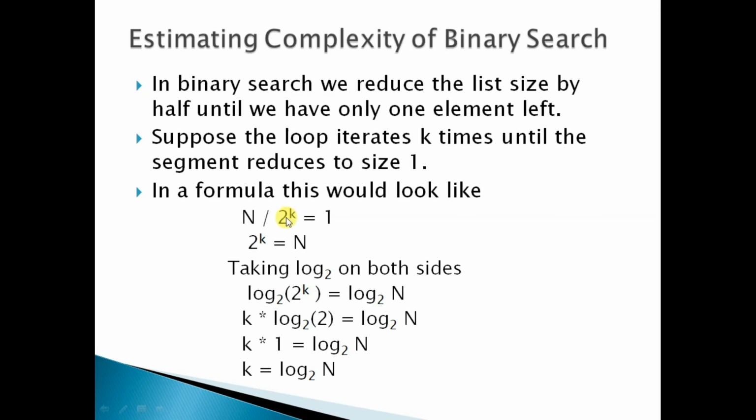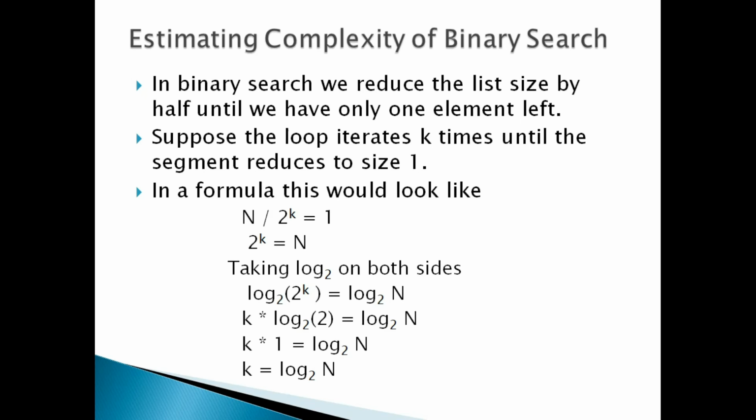So 2 to the power k, and when n is divided by 2 to the power k we just get 1, okay. How will you understand this? That is, if we run the loop of reducing the size to half k times, we will just get one element. So in mathematical terms we write that n upon 2 to the power k is equal to 1. Now we can write it as 2 to the power k is equal to n. Then we take log base 2 on both sides, and you know how to do the logarithmic operations, you have seen this in mathematics.